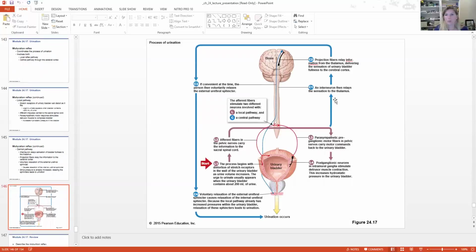Here is the whole loop happening. You see the stretch receptors traveling to the afferent fibers, letting our internal urethral sphincter relax, and the contraction of the bladder as a whole, squeezing down, increasing the hydrostatic pressure. As that happens, the interneuron from this reflex pathway is going to take that information up to the thalamus. All sensations go to the thalamus. Remember, thalamus is our sensory relay center. And then all of that goes up to the brain for our conscious